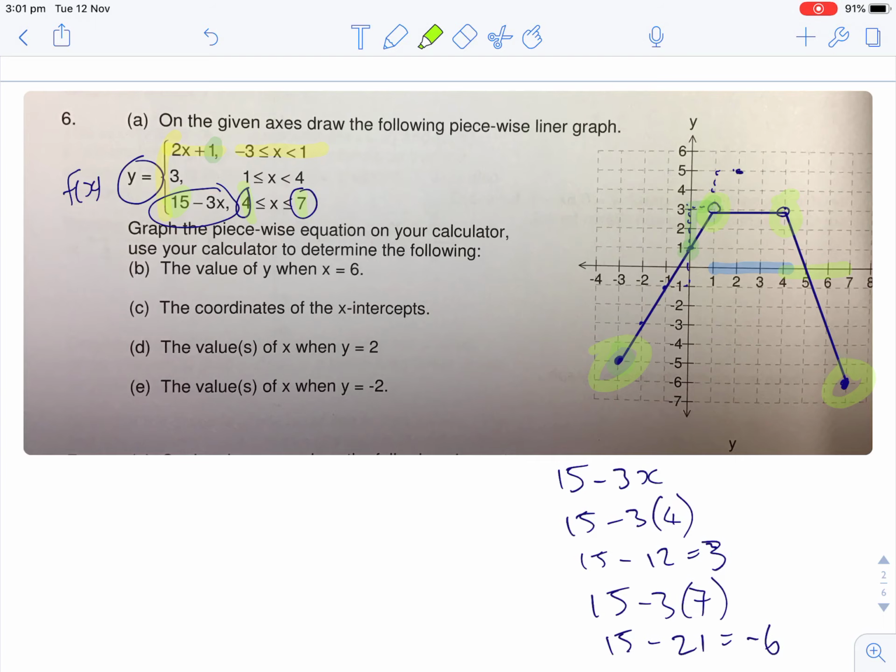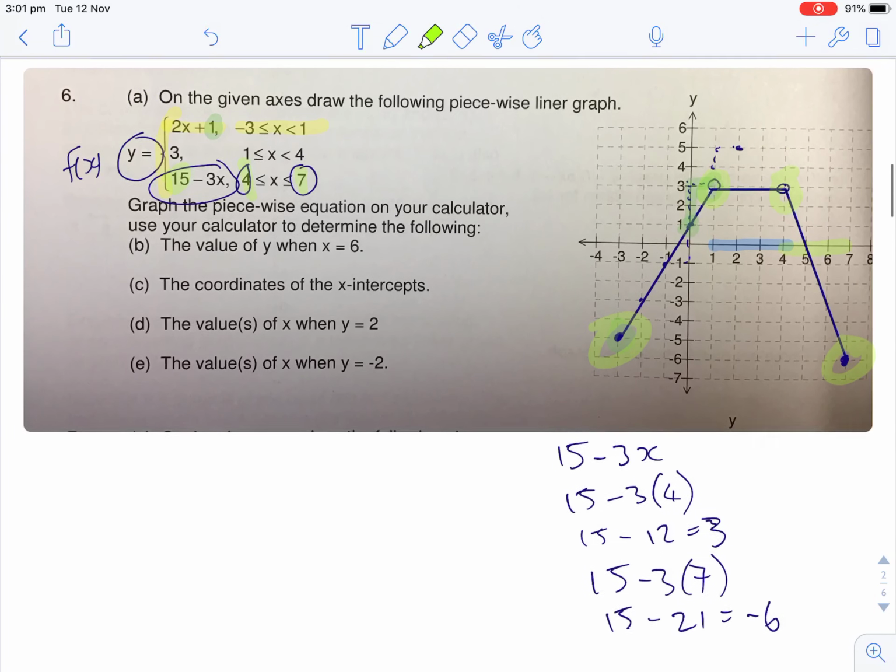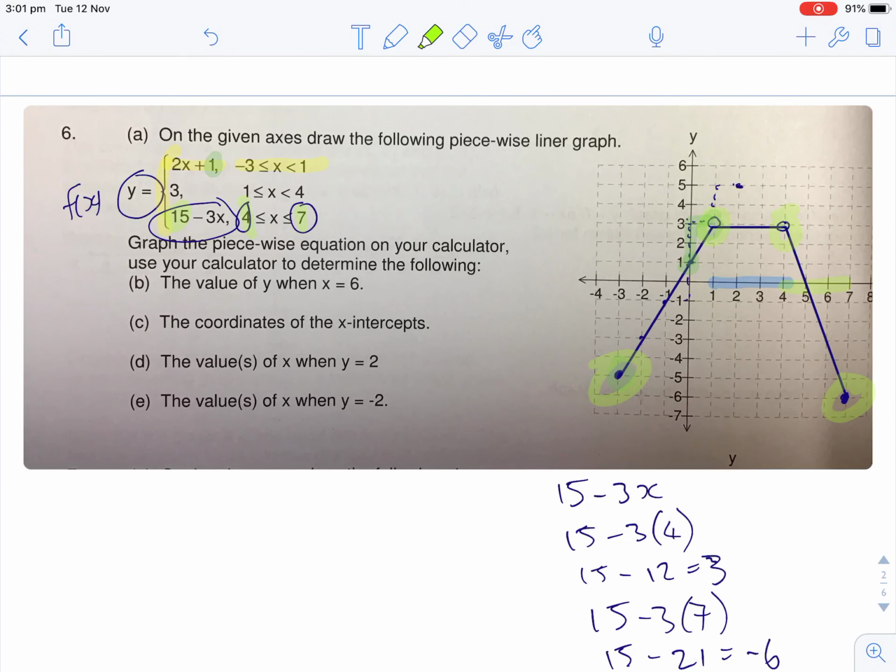They said to do it on your calculator. Can't remember if I haven't put the calculator notes in there. In the calculator you can still do this though, so I'll just turn mine on so I can talk you through the instructions. If you go into your graph mode, and then basically you have to open up your keyboard